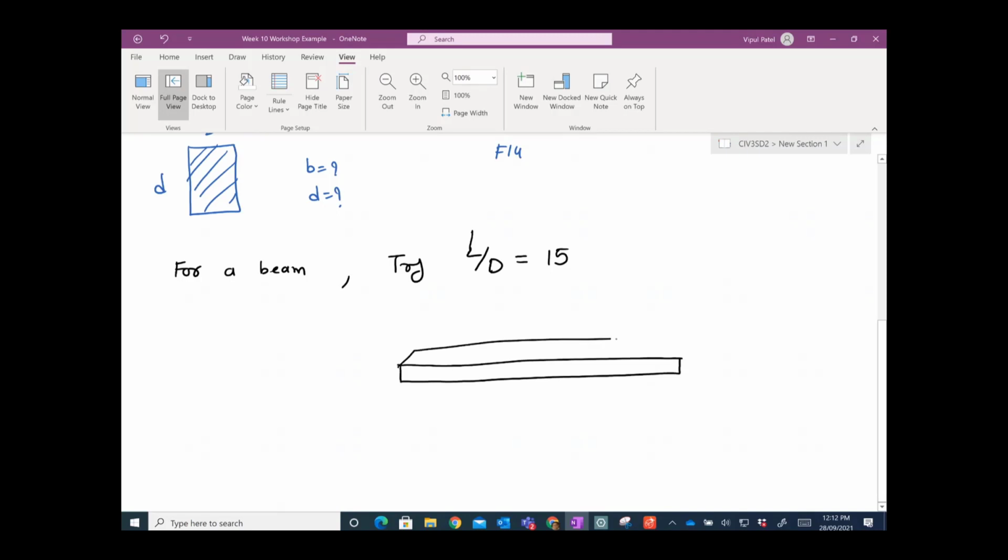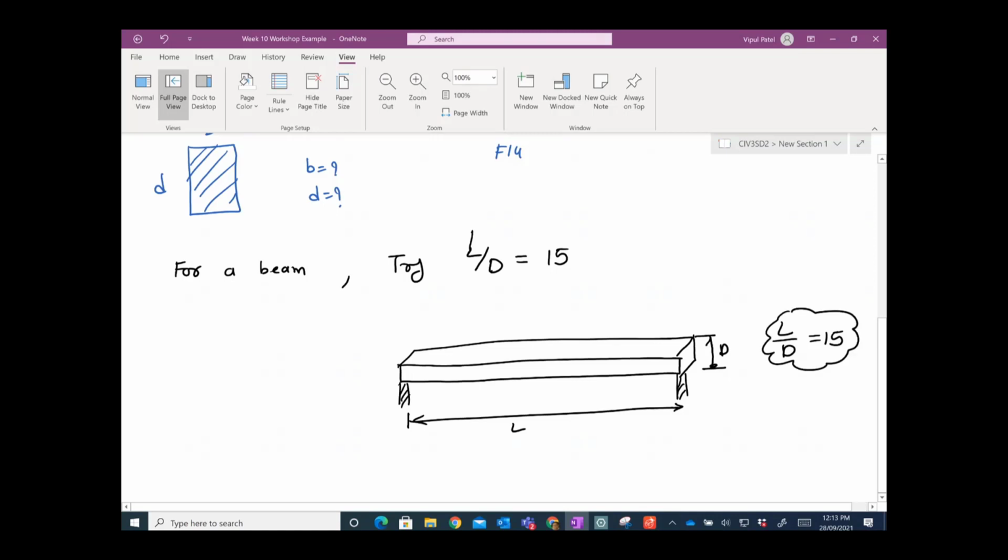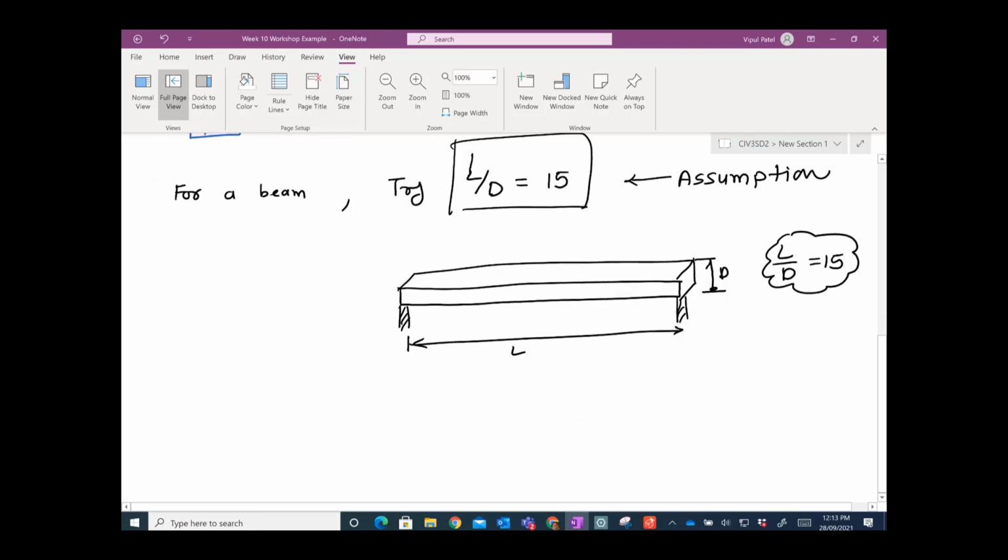Let's say you have this beam, a timber beam supported here. The length of that beam to the depth of that beam, if you take the non-dimensional ratio, is sitting at about 15. That is a general sense: if you do a lot of work, you will try to maintain this L over D ratio for strength and serviceability. That is just a quick check that we do. So L over D of 15 is an assumption that we will try to maintain. In the test, you don't need to worry about the L over D ratio, because we will give you,